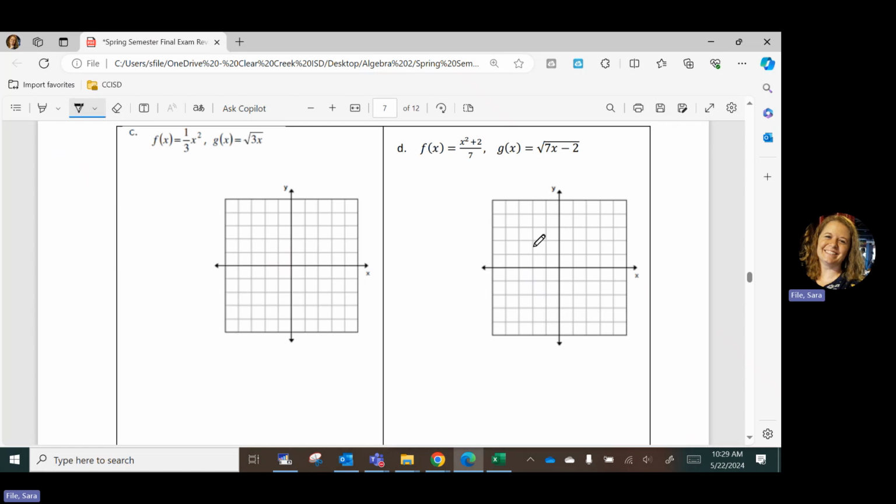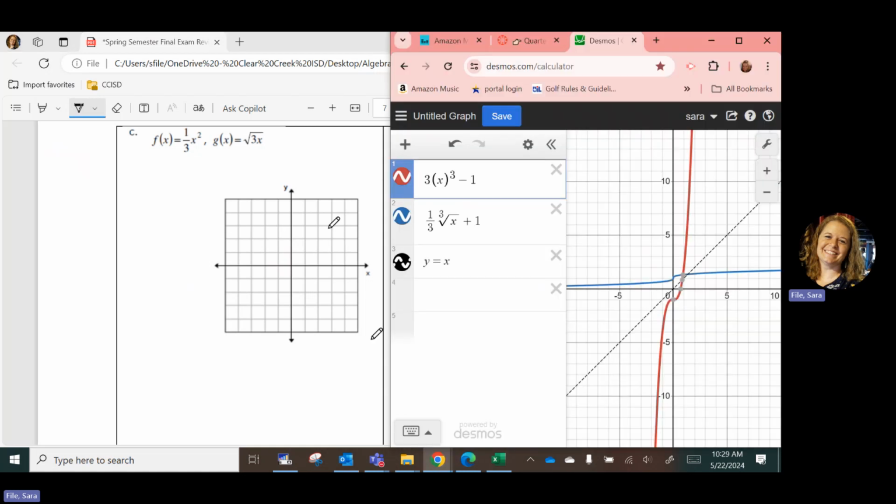Oh, a couple more. So we're confirming or denying if these are inverses. So I'm just going to pull up the graph. I'm not going to actually take the time to graph these on the paper. We'll just check them graphically. Okay, so this first one is